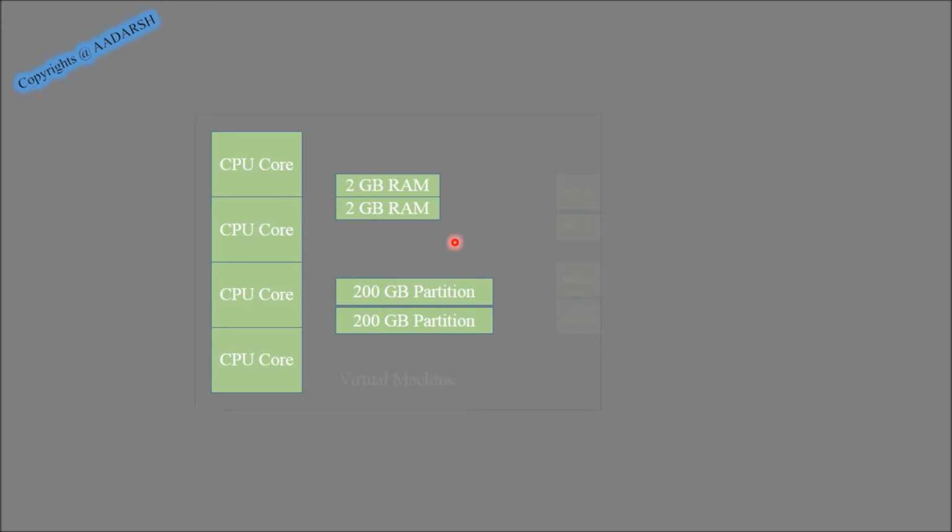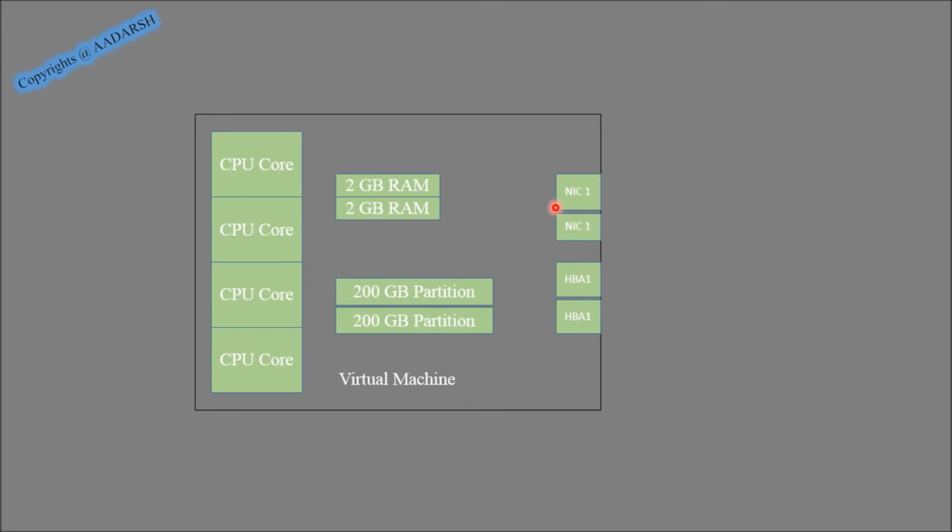Similarly, one can also virtualize the physical network and FC adapters. So a virtual machine with any required number of NICs and HBAs can be created. HBAs are nothing but the FC ports, which looks like this. In the same way, you can create any number of virtual machines with any operating system, depending on some conditions